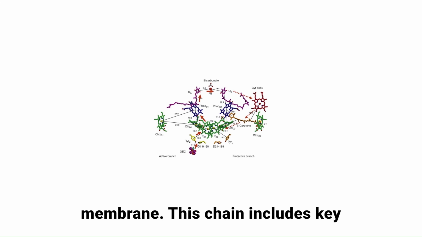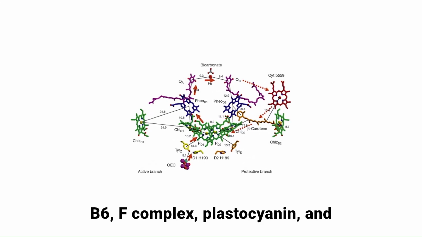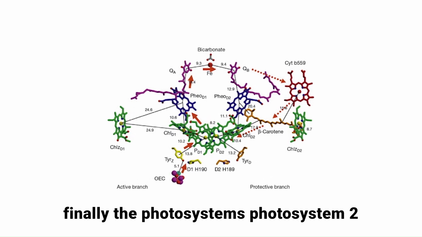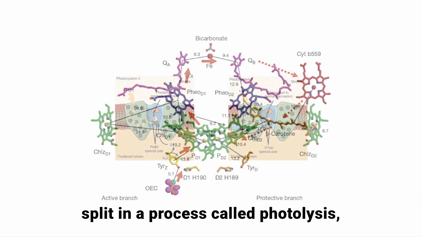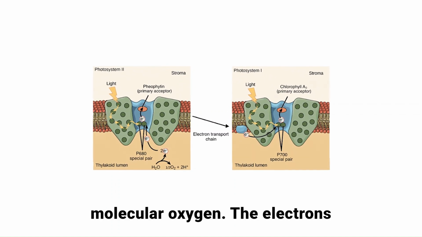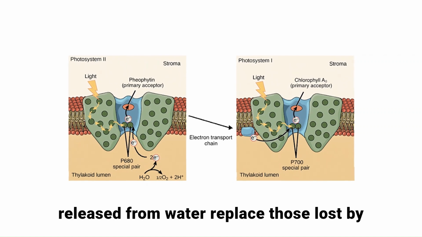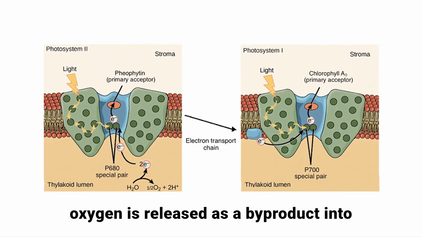membrane. This chain includes key components like plastoquinone, cytochrome b6f complex, plastocyanin, and finally, the photosystems, photosystem II and photosystem I. Water molecules are split in a process called photolysis, releasing electrons, protons, and molecular oxygen. The electrons released from water replace those lost by chlorophyll in photosystem II, while oxygen is released as a byproduct